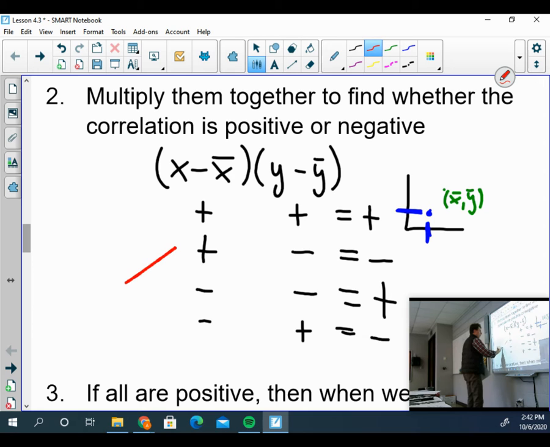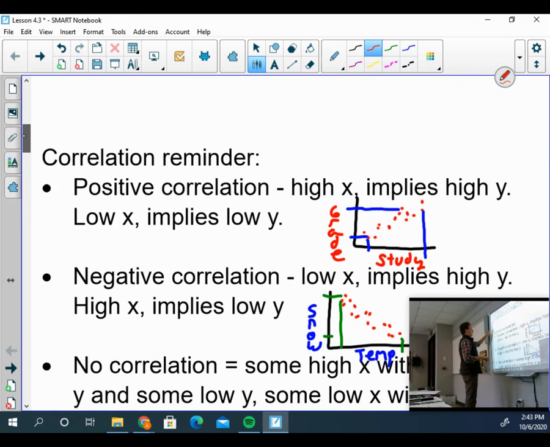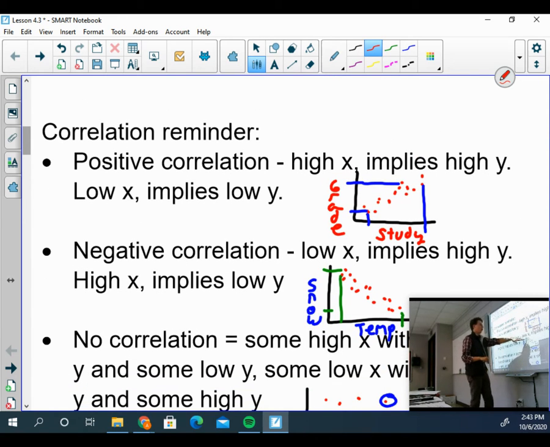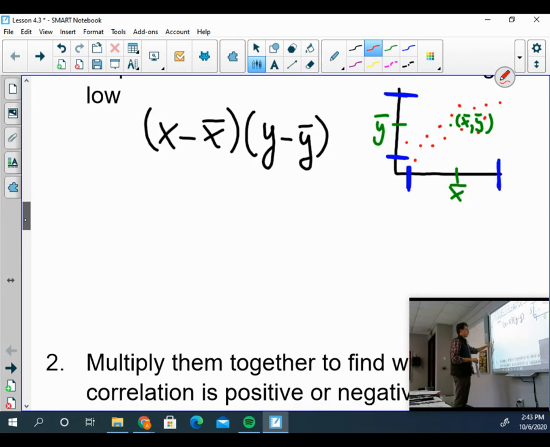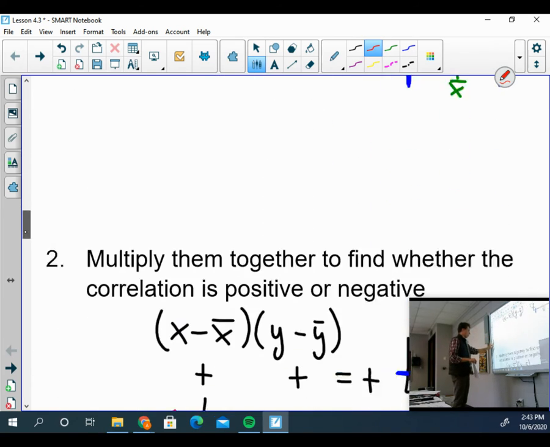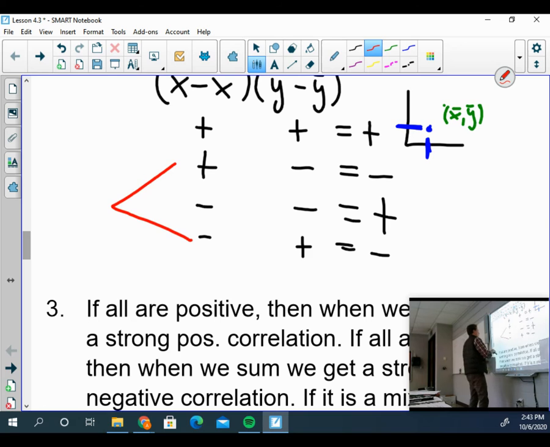What you notice is the two negative answers create the situations we described above for a negative correlation: a low X and a high Y, a high X and a low Y. And vice versa, my two positive answers, when I have a high X and a high Y, or a low X and a low Y,